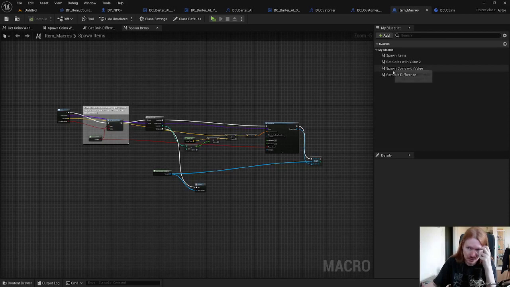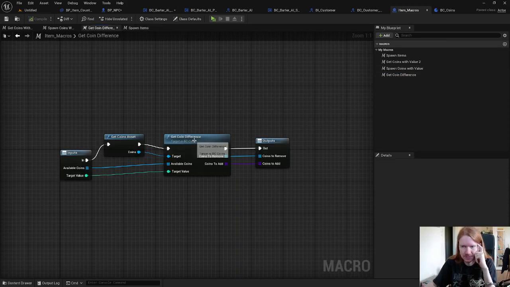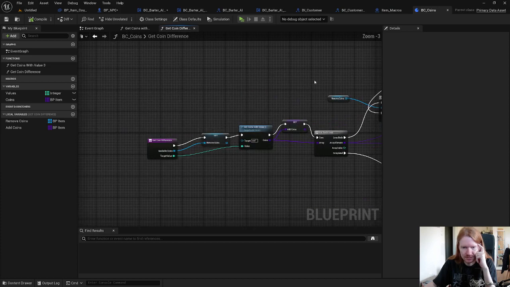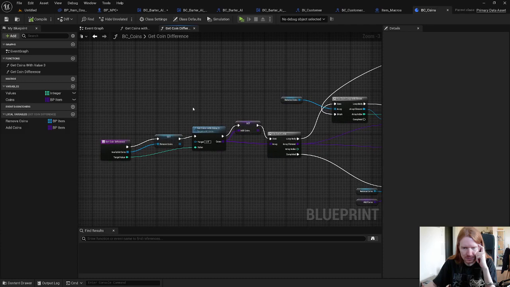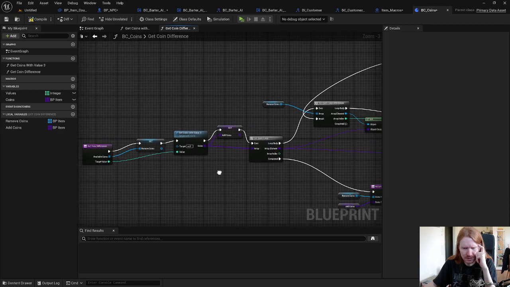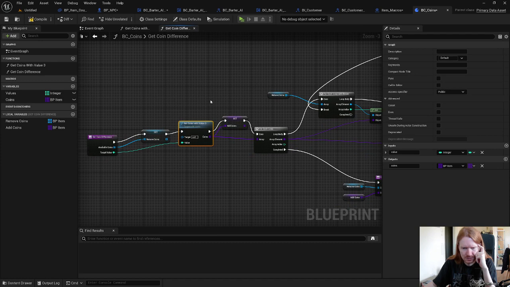Where did I do that? Is it get coin difference? Yeah, this is this function. So we have our available coins and we have a target value. So this one,